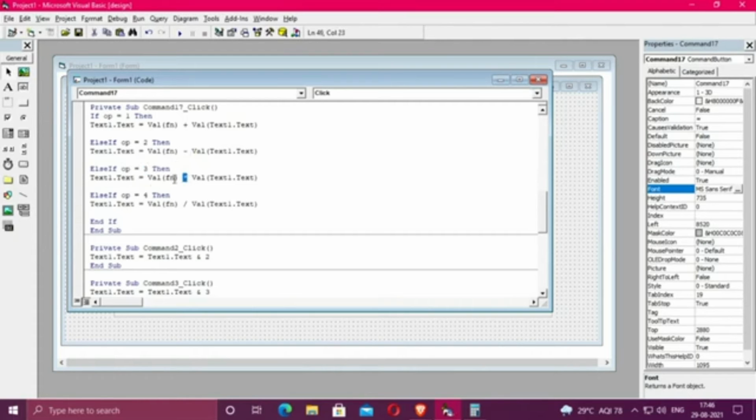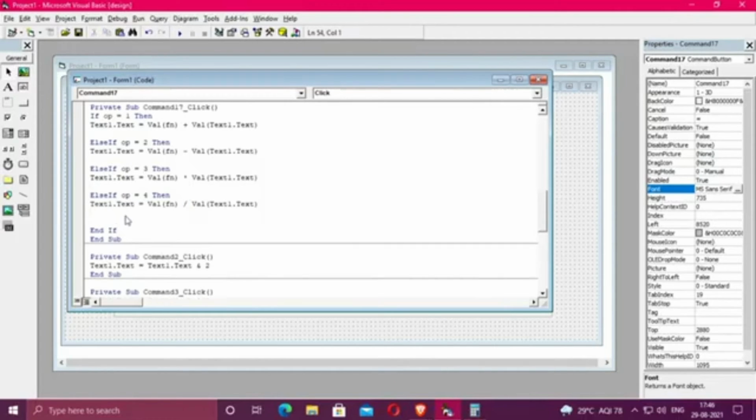Now we will see what's there in the value of fn and how to store the value. So before that, in option 1 we will put addition. If it is 2, it is subtraction or minus, if it is 3, it is multiplication, and if it is 4, it is division.